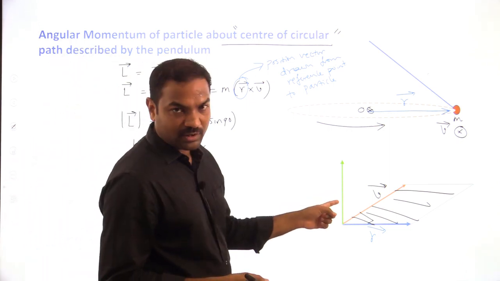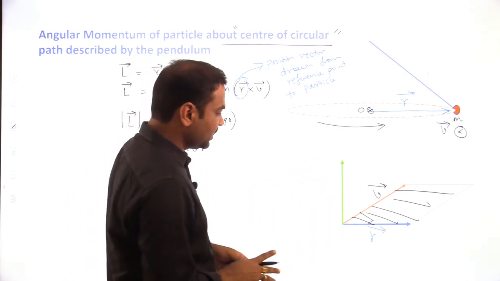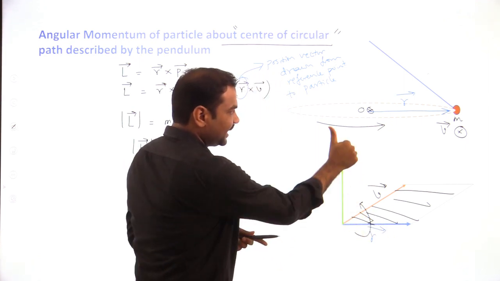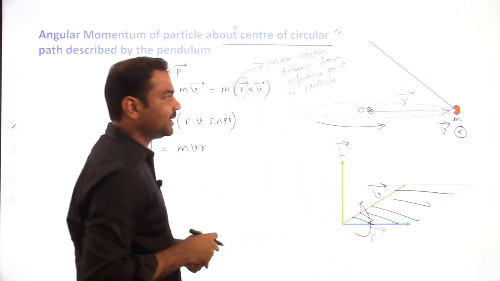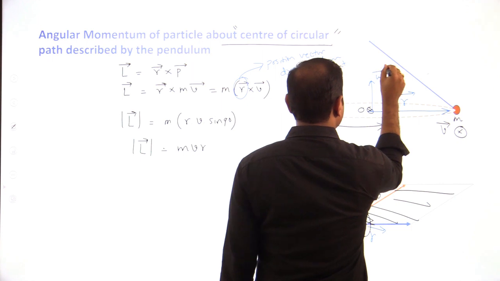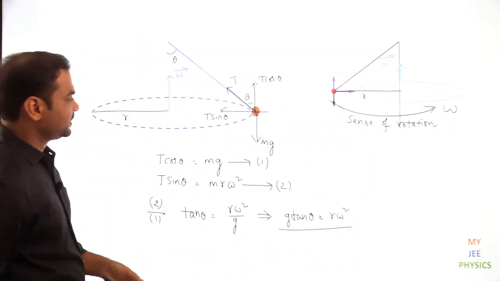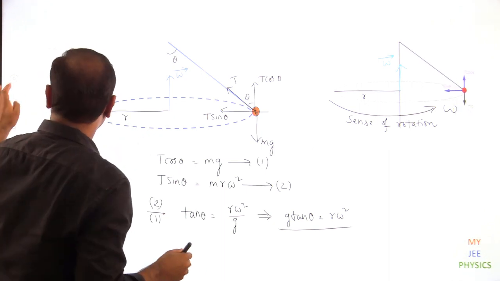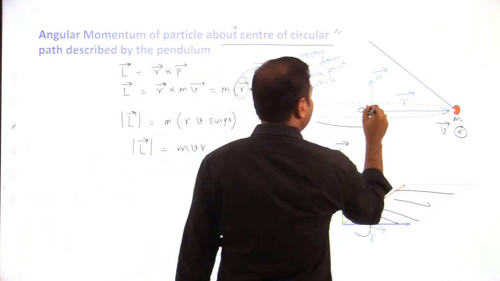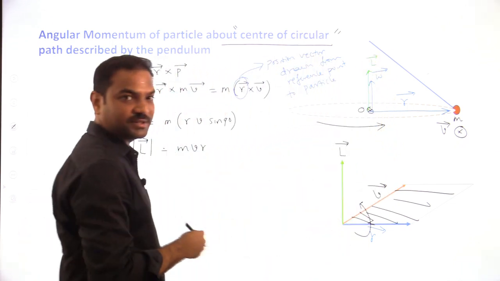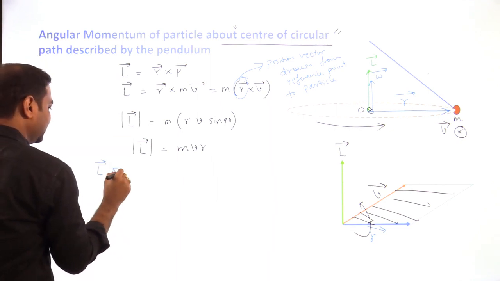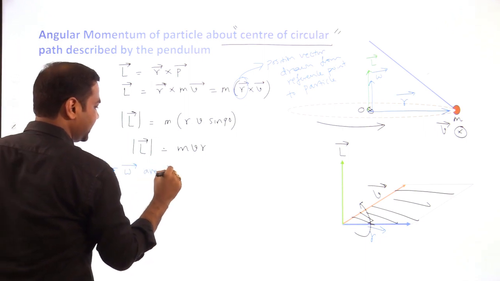The direction of angular momentum you can identify. Already I made a pre-direction over here. So you go for r bar cross v bar. If I go r bar cross v bar, then L bar will be in the upward direction. This is the L bar direction. We know previously omega bar is in the upward direction. As omega bar is upward, L bar also I am getting in the upward direction. So L bar and omega bar are both in the same direction. One conclusion I can write down here is that L bar and omega bar are in the same direction.